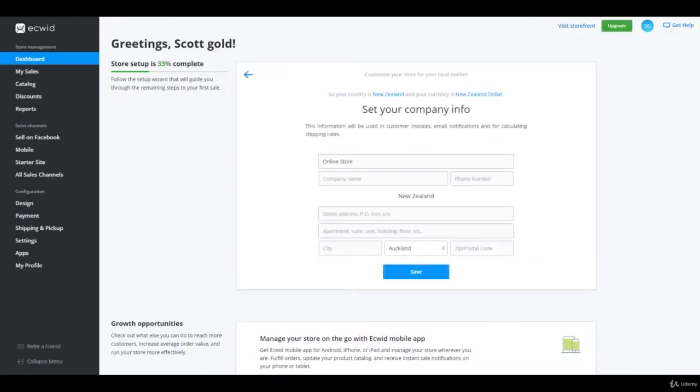Now, it's going to ask you to set up your company info. So at the moment, it just says Online Store. So we're going to call it the Batcave. And the company name is Batco, and our phone number is,